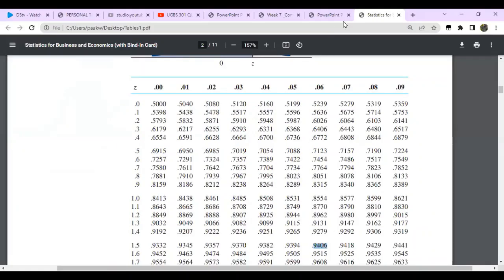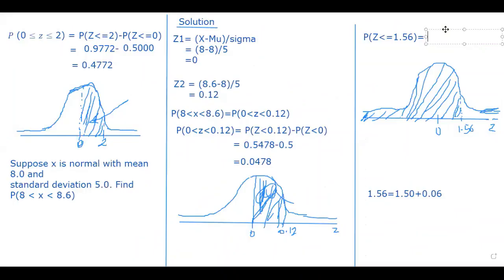0.9406. Okay, so that will be your answer. So you see the table given reads to the left of the curve. So if it is less than or equal to, you don't have problem. But